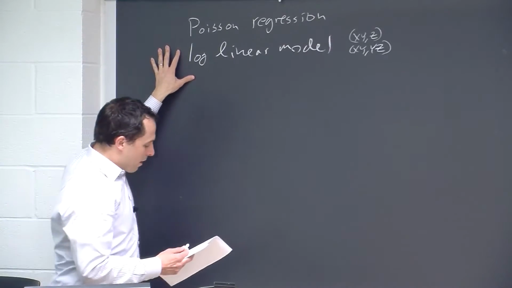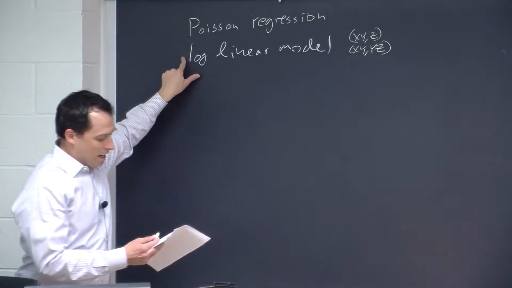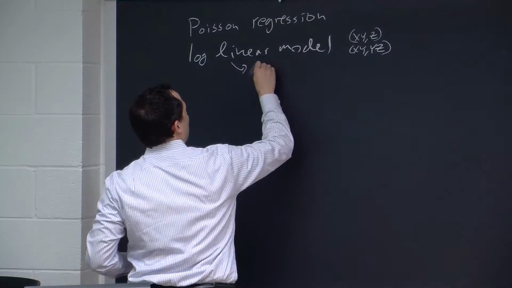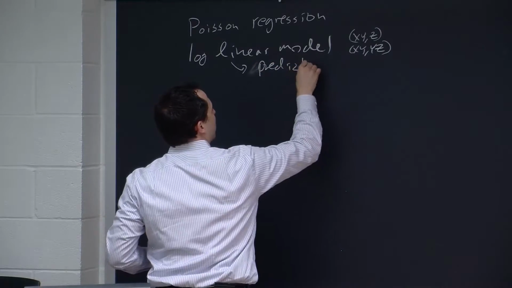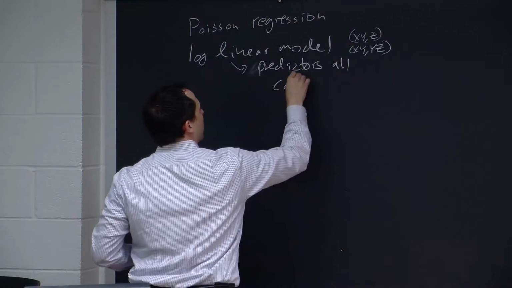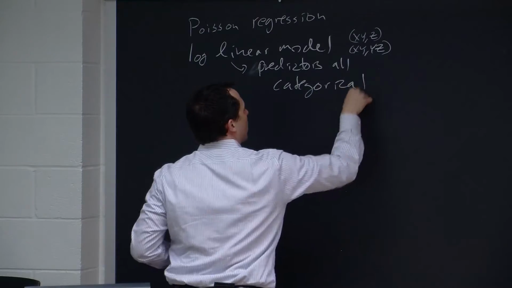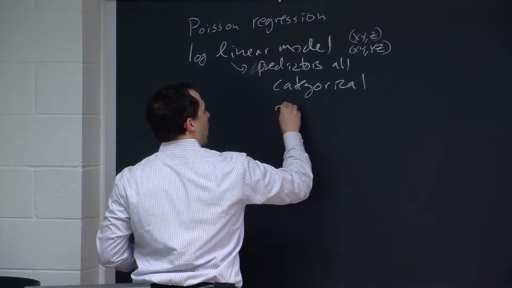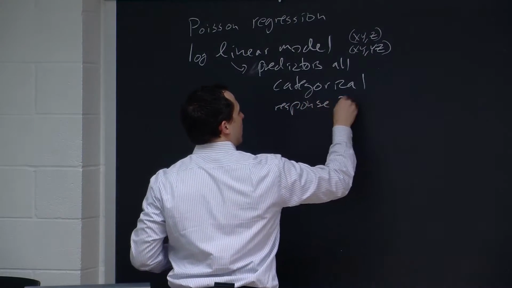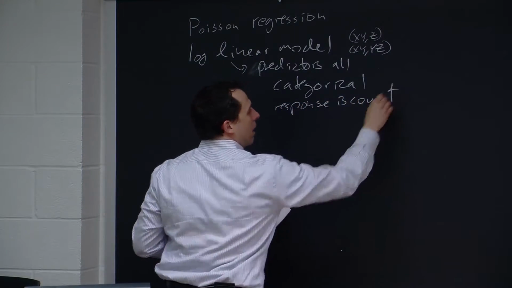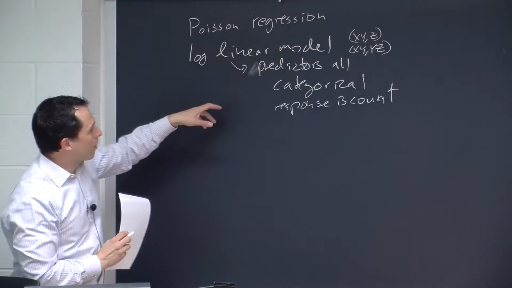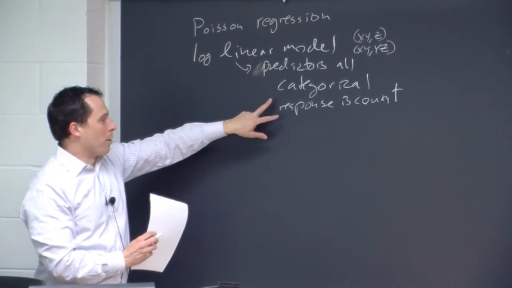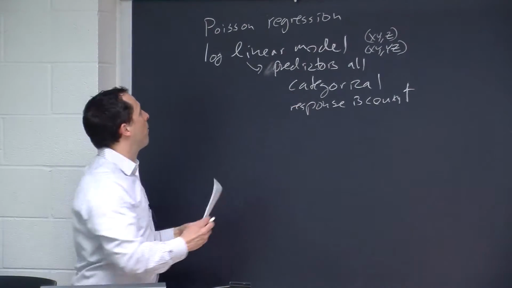The difference is that when everything is categorical, so all the predictors, in other words the definitions of cells, are categorical, and the response is count, cell count, then we typically call it a log linear model. When some of the predictors are allowed to be continuous, and we want the response to be either a count